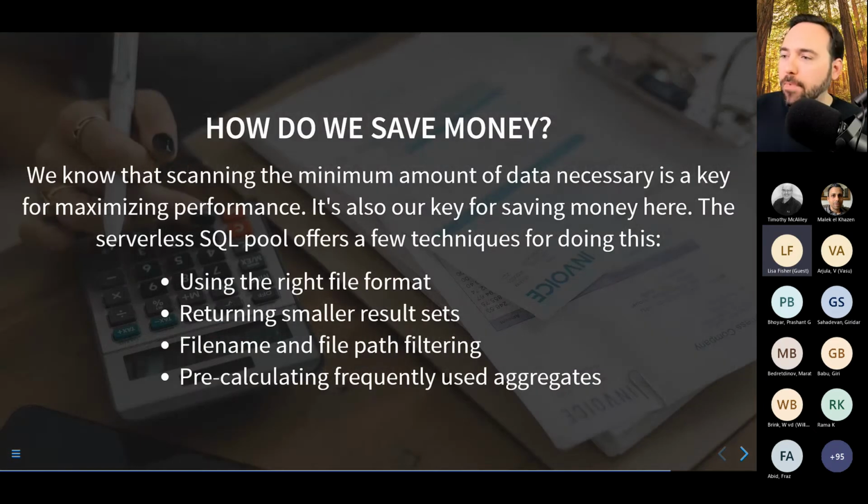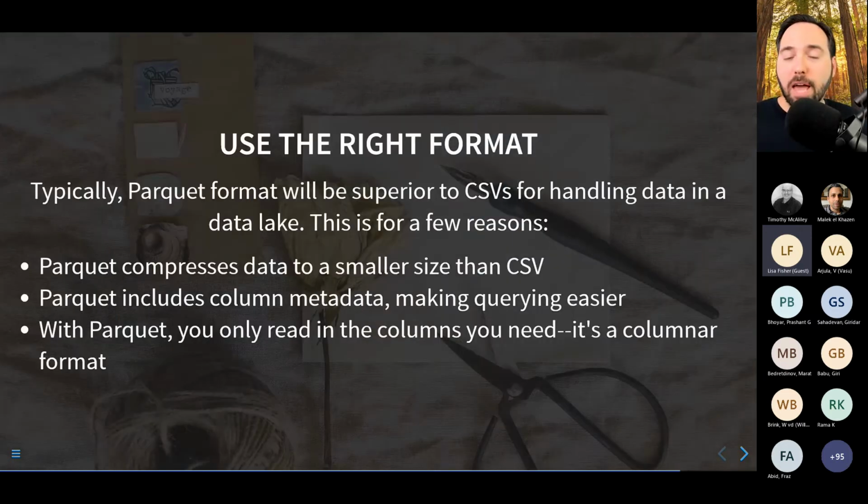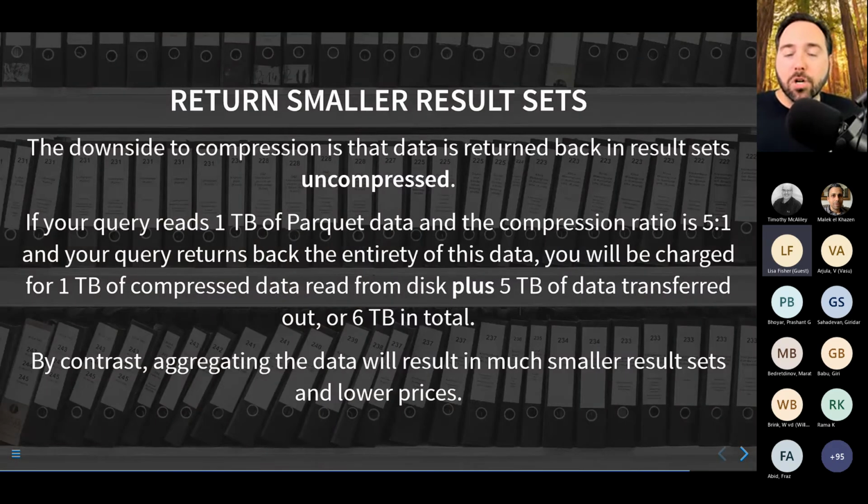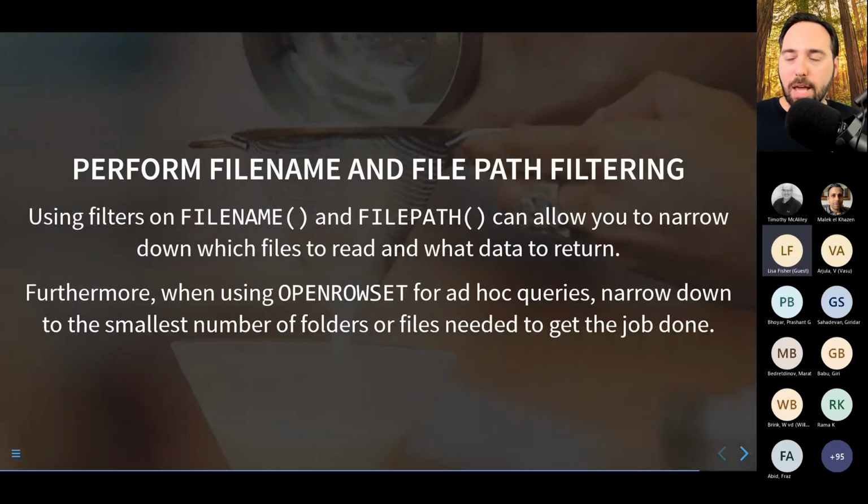How do I save money? We want to use the right file format. Typically, it's going to be Parquet for the reasons I talked about. It compresses well. You can read metadata. If you read the metadata and don't read the raw data, you only get charged for the metadata processing, probably that 10 megabytes. Smaller result sets return. Every row that gets written out, think of it as dollar signs getting written out. And so many dollar signs, you start getting charged. I do have a note on compression involved here. There is some fanciness there, but